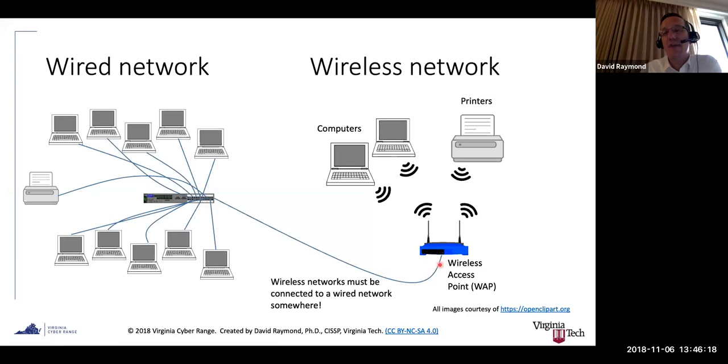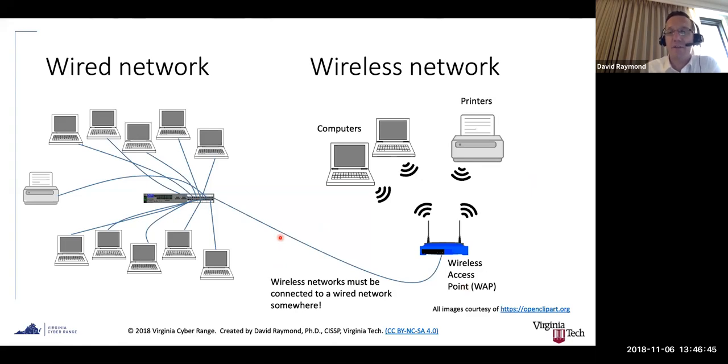In this picture, I have a wireless network that has 2 computers and a printer. These things are communicating wirelessly to the wireless access point, but the wireless access point alone, without a wired connection out to something else, is only going to allow these devices to communicate with each other. They're not going to be able to communicate out to the internet until you plug in a wire. And in this case, the wire connects this wireless network to this wired network. So now these systems can connect to this system. But you notice in my picture, there's no connection to the internet.